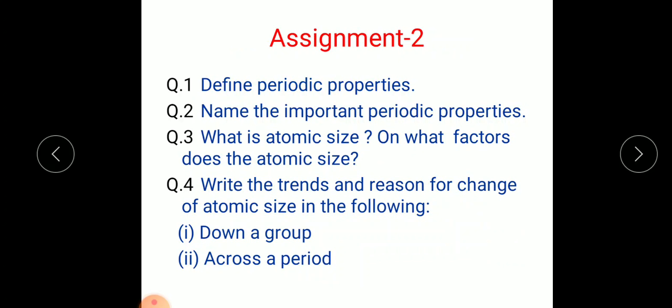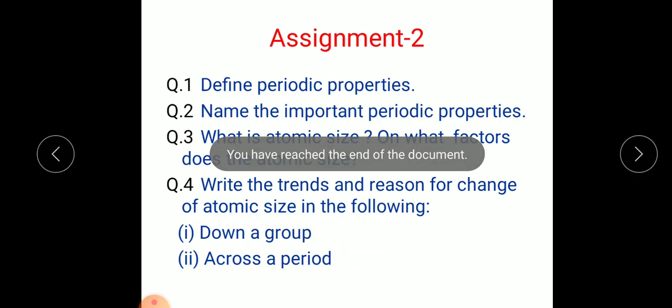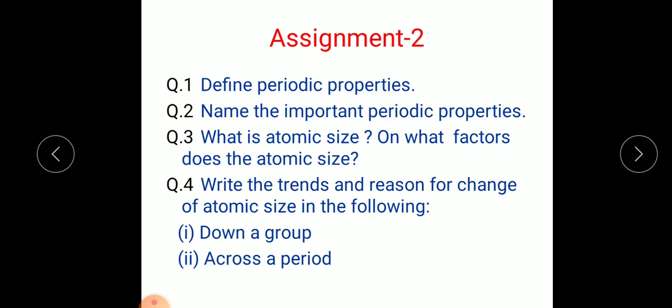Now, assignment for today, assignment number 2. Question number 1, define periodic properties. Question number 2, name the important periodic properties. Question number 3, what is atomic size? On what factors does the atomic size depend? Question number 4, write the trends and reasons for change of atomic size in the following: down a group, across a period. So complete this assignment